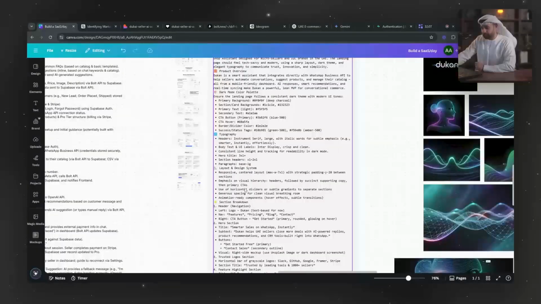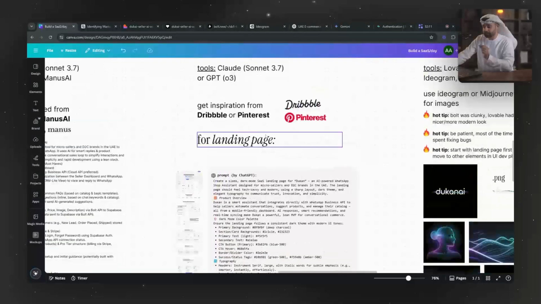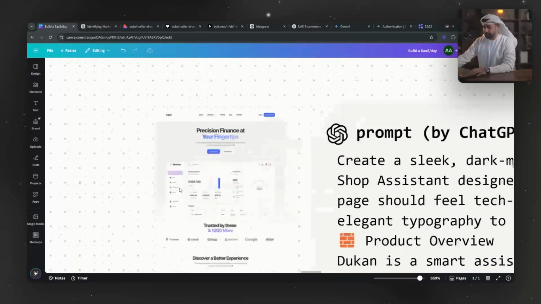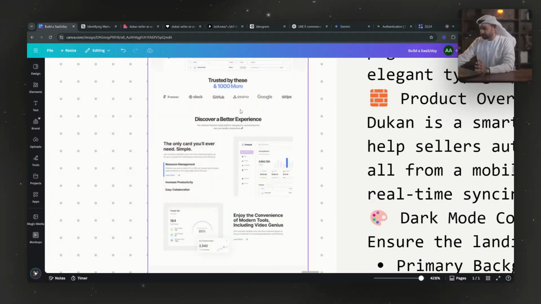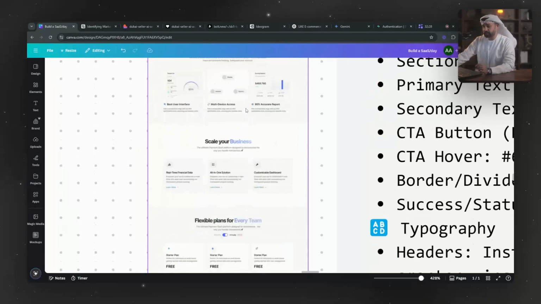And then I got this prompt by ChatGPT saying, okay, this is how the landing page would look like. These are the sections. And how I got it was I went to one of these websites. I think it was Pinterest. No, it was Dribbble for this one. You can go on Pinterest or Dribbble to take motivation. I went to Dribbble. I saw this picture, which I think was for a SaaS. I wrote SaaS design, web design, landing pages or something like that.